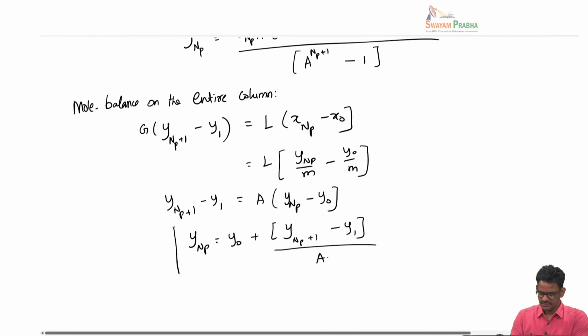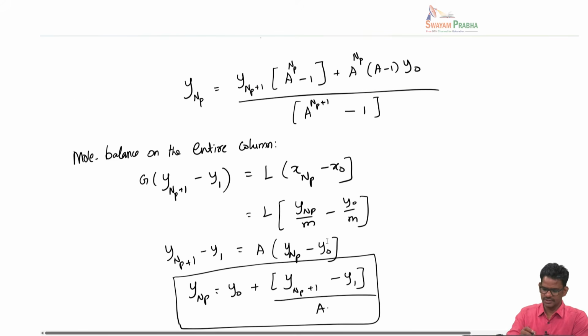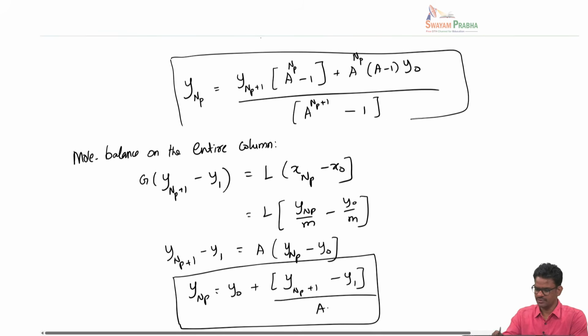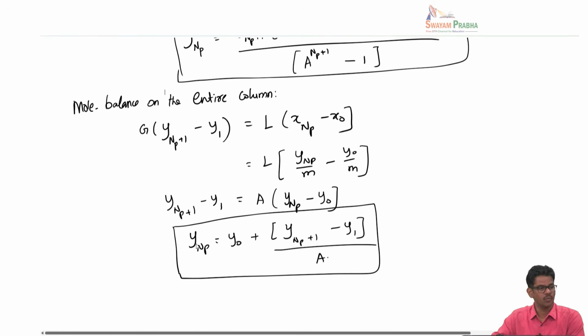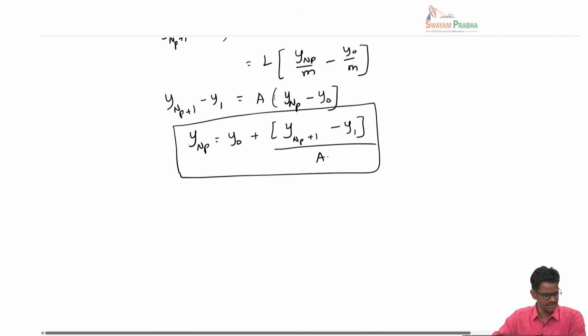So you can see that I have another equation that relates ynp and ynp plus 1, and I have another equation here also relating ynp and ynp plus 1. From these two equations I can eliminate ynp, which is an unknown. What that means is I can substitute for this expression ynp in here. Then I can solve for this equation, and again this is some arithmetic, algebra you have to do here. So the final expression that you will get by solving would be